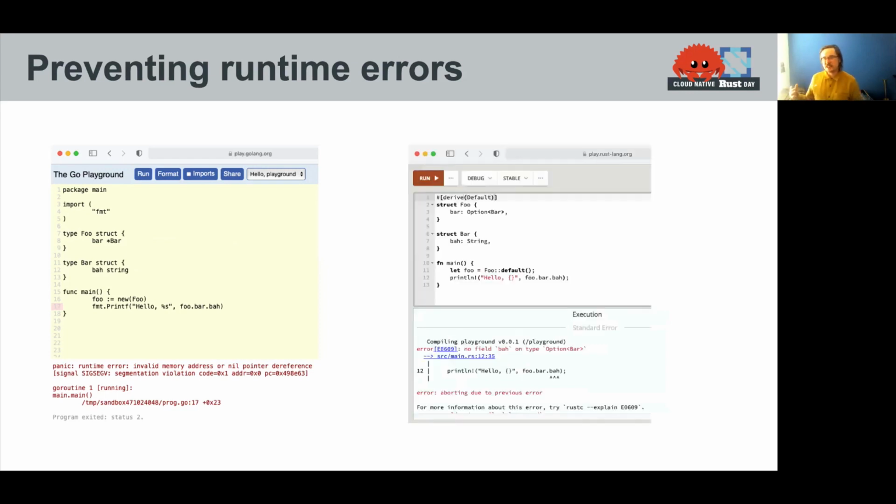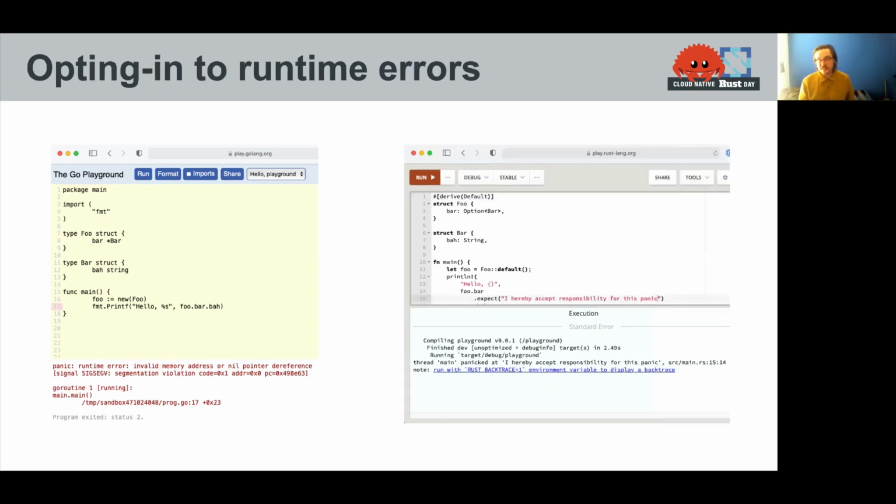And Rust, again, makes this simple with the type system. So no longer can I access something that hasn't been initialized. If I try to do that, I'll actually get a compilation error. I have to deal with the fact that something may not be set. There's no null value in Rust. Option is the closest thing we have, where it either exists or it doesn't, but it's part of the type